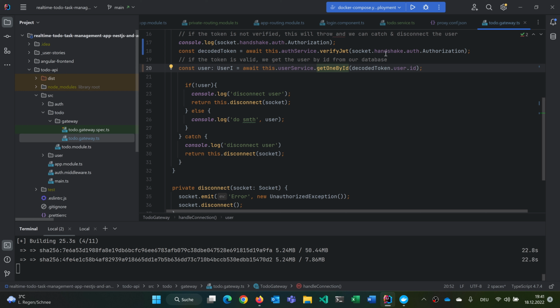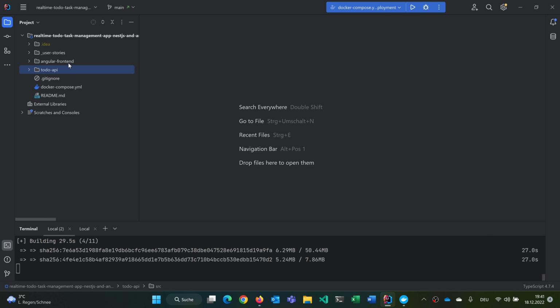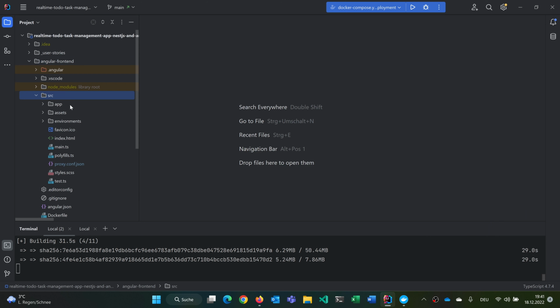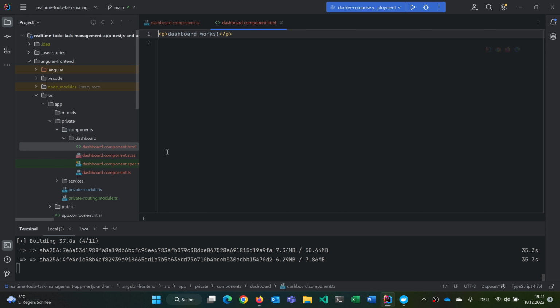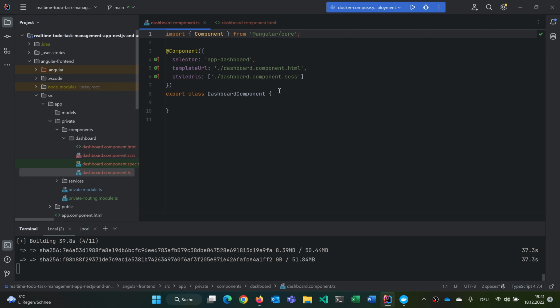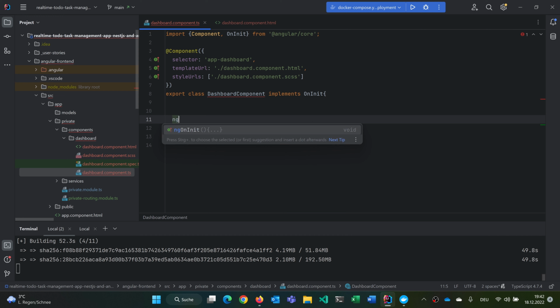So the next thing that we want to do is, we have now implemented nearly all the stuff we wanted to do, but we actually need to call the request, and we could do this, for example, after the login. When we go to our dashboard component, we could just hit it directly. So for this, we can implement a lifecycle hook, ngOnInit. As soon as we initialize this component, we can say ngOnInit,